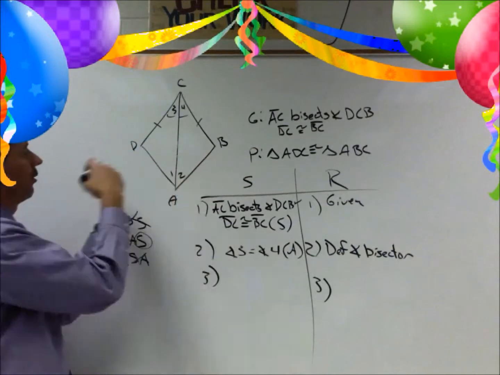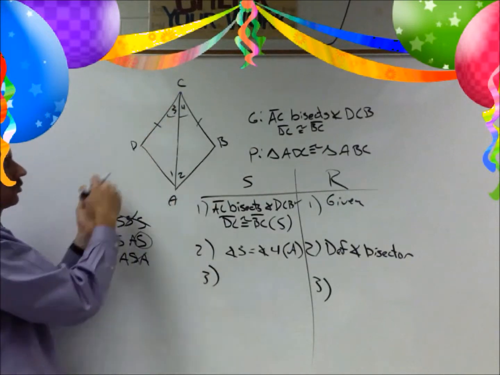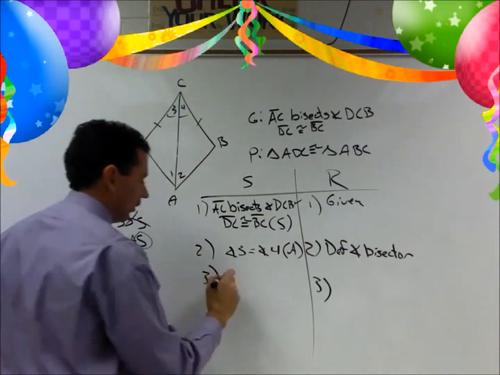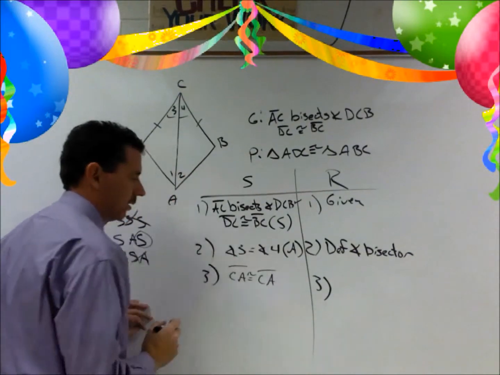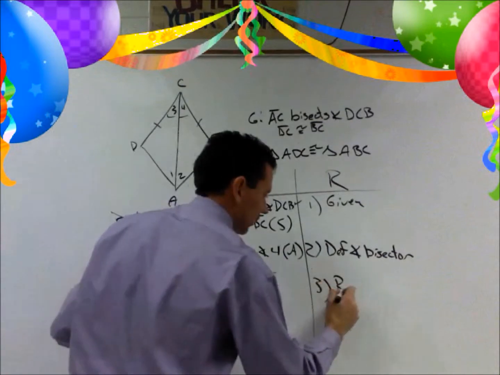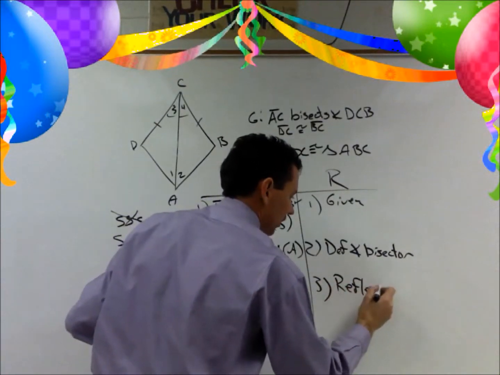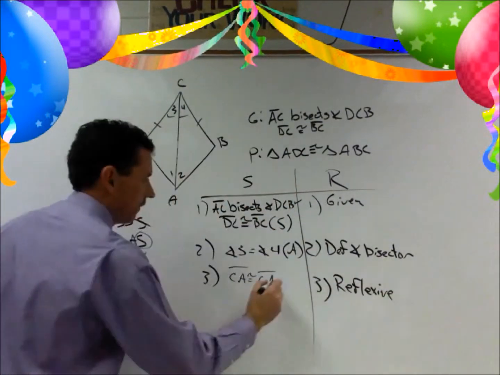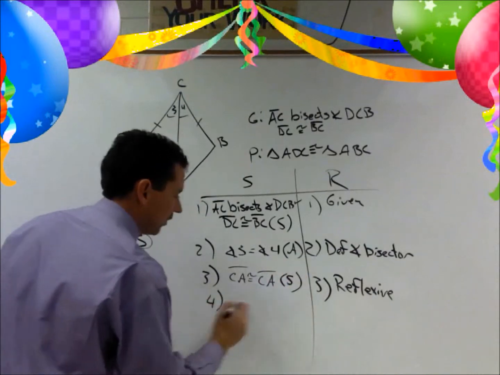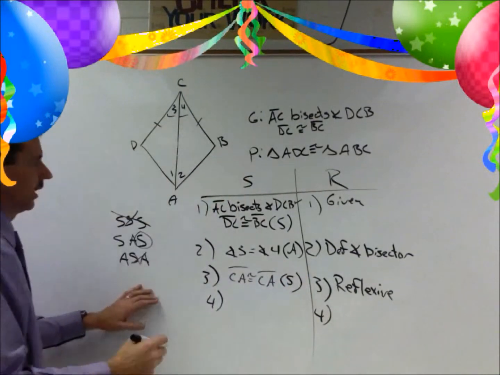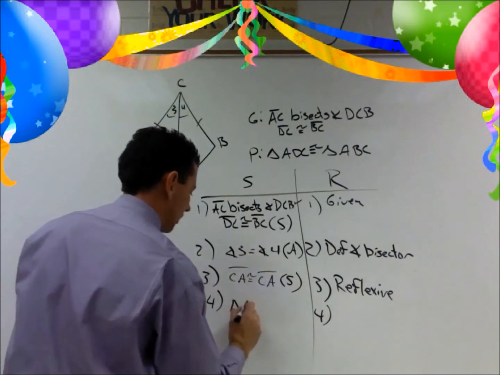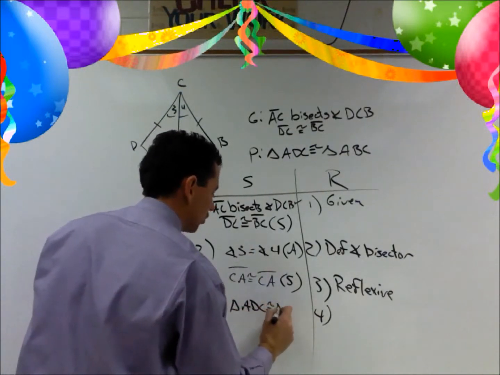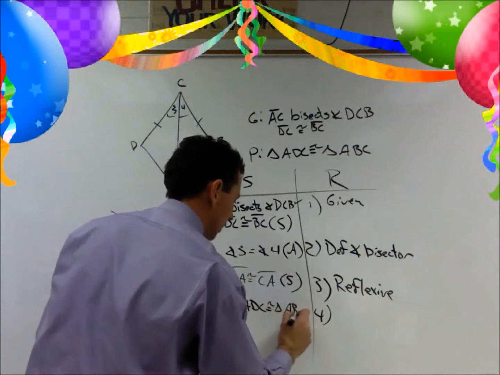Like if I said triangle on the left, it's segment CA. Triangle on the right, it's segment CA. What lets me say CA is congruent to itself? Oh, reflexive. So we got reflexive here. S there. Do we have enough to say the triangles are congruent? Yes. So now I can say triangle, what do we put up there? ABC is congruent to triangle ABC by